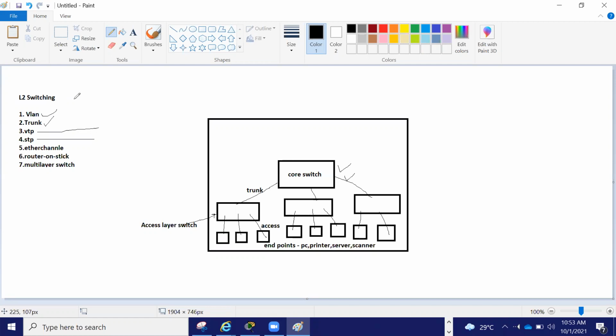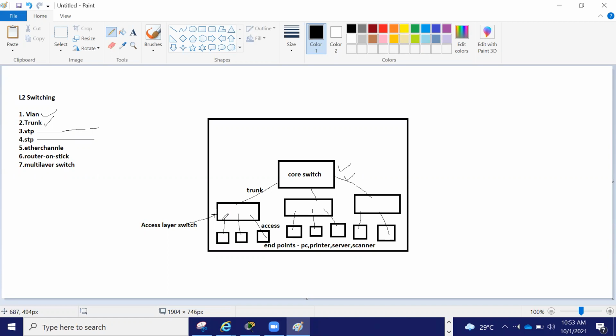Now the importance is EtherChannel. Where do we use EtherChannel? If you look here, these access layer switches may be on another floor, where some 40 users are sitting. Generally it depends: you have the option to buy 24-port or 48-port switches. At most 48 ports you will get in any switch.